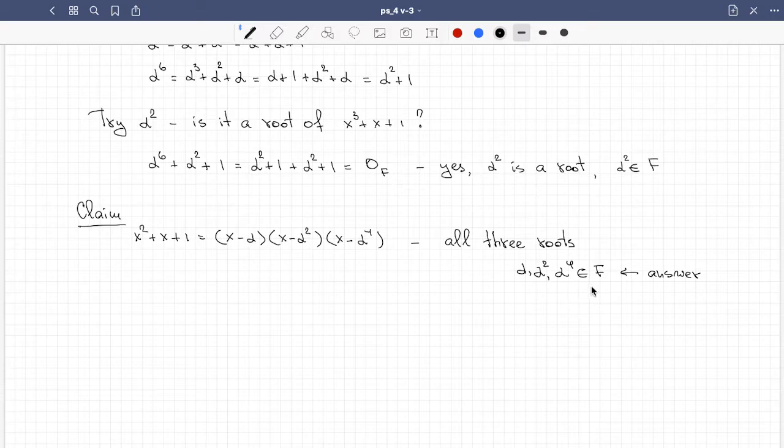There are 3 roots, because this is a factorization, it has no more roots than that. The polynomial cannot have more roots. These are all 3 polynomials of degree 1. We got all 3 roots of this polynomial as elements of F. So we're left with justifying this claim. To justify the claim,